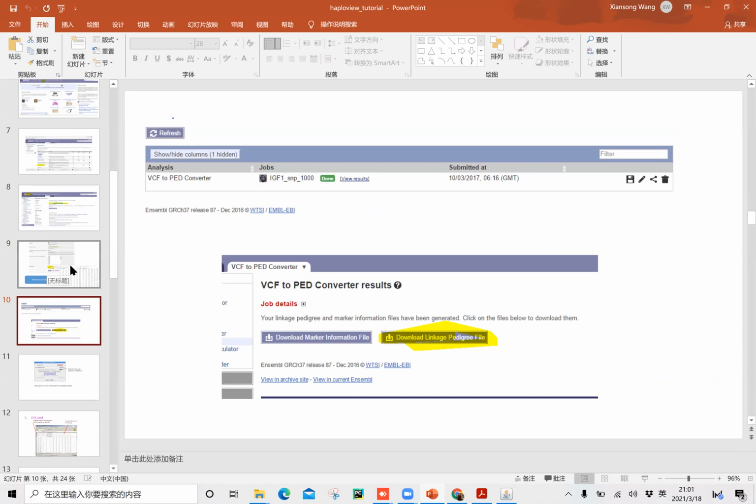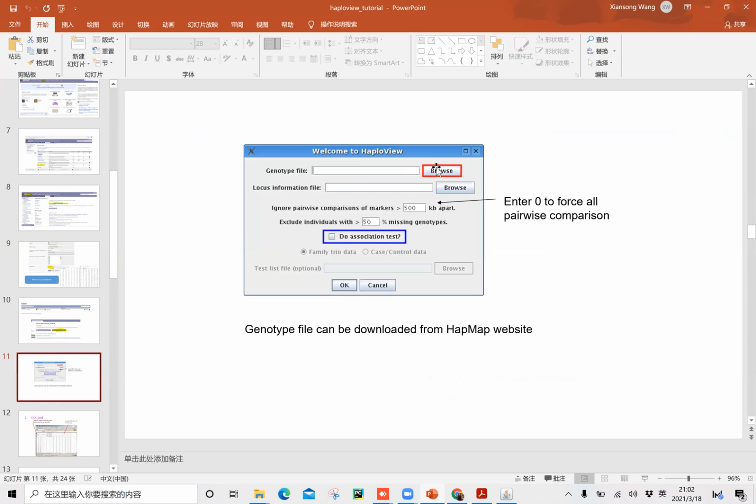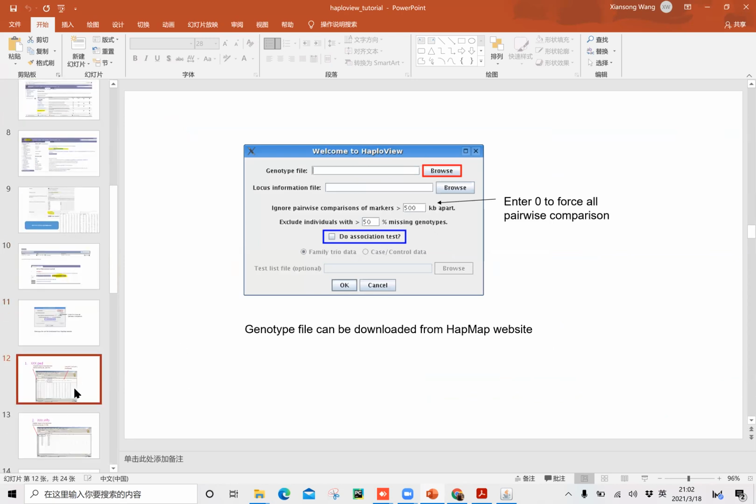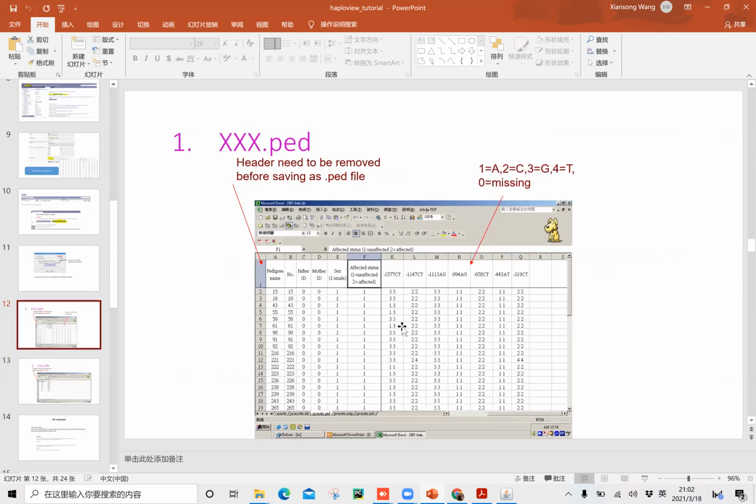when the ensemble is okay, normally you could see a down here, and you click view results, and then you could download the linkage pedigree file, and this is what the file looks like. Then you just input it here, and here is the example data provided by the Haploview software, and here